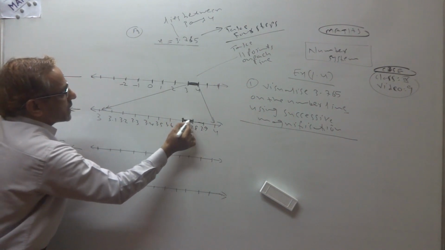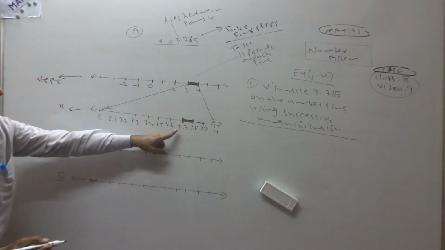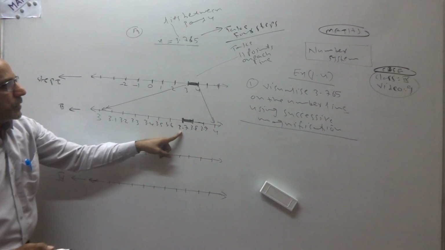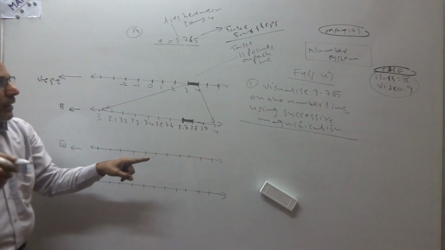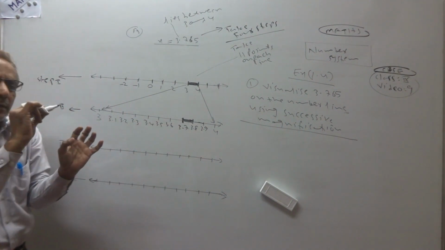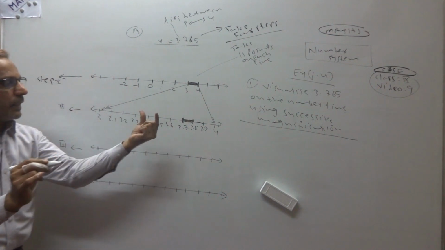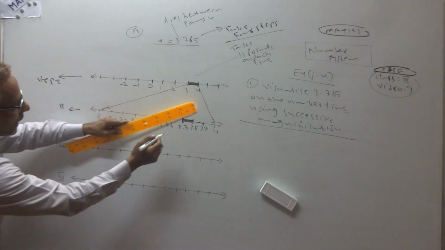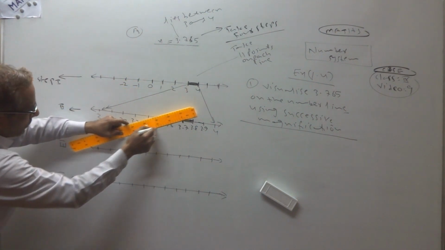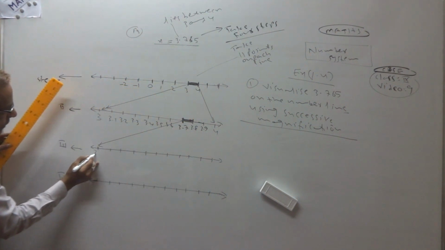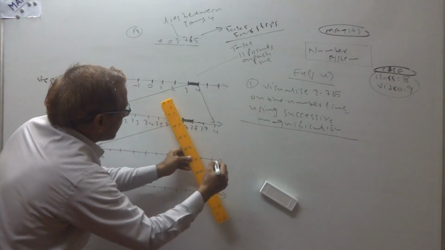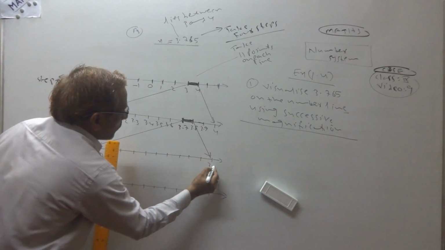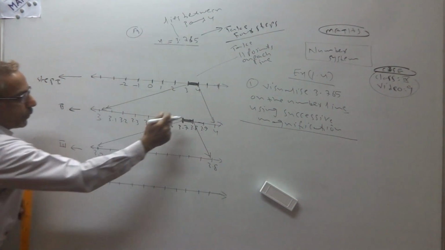Yes. Highlight this area, 3.7 and 3.8, because here 3.7 is there, no? 3.7 and 3.8, that you highlight it. Or just make it dark, that area. Or use color pencil. Okay. Now take 3.7 here. Take 3.8 here. Following? 3.7 here, 3.8 here.